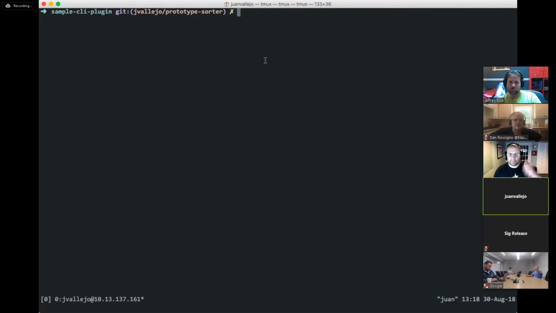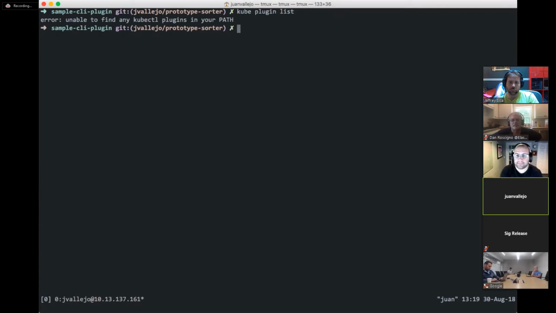Okay, perfect. So essentially, as part of this mechanism, we have provided a subcommand called plugin list. We're reusing the old plugin command to make it a sort of namespace for plugin utilities. So QControl plugin list will tell you every plugin that's on your path. It'll give you warnings. As you can see, I have nothing on my path that resembles a plugin, so QControl